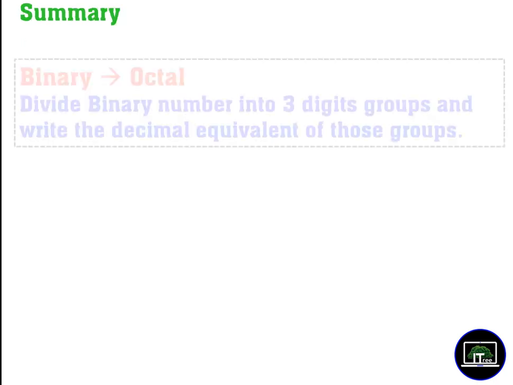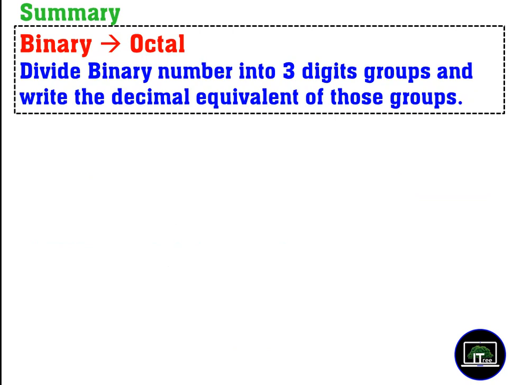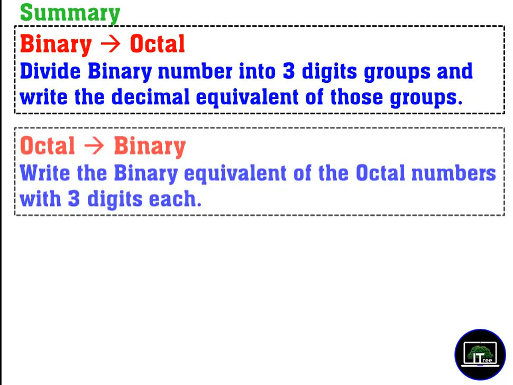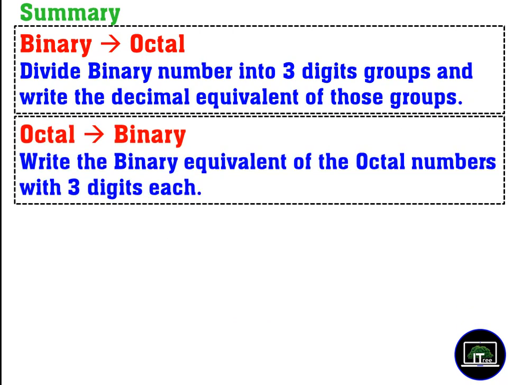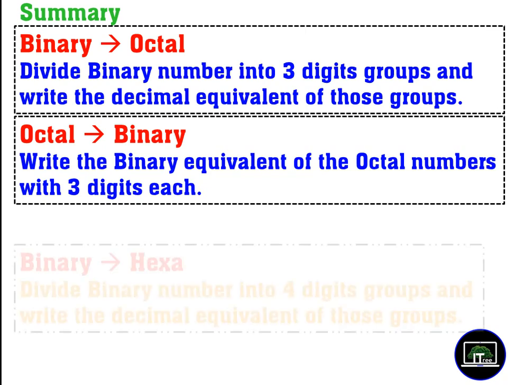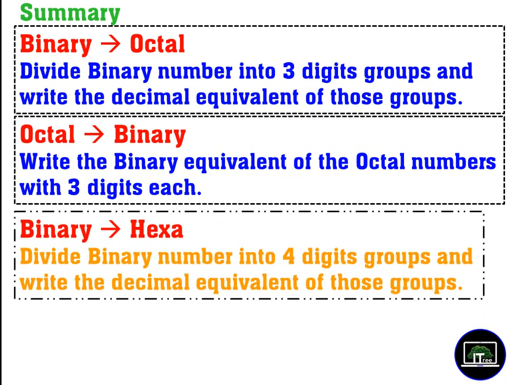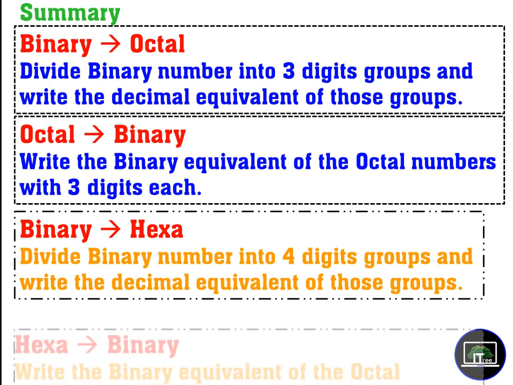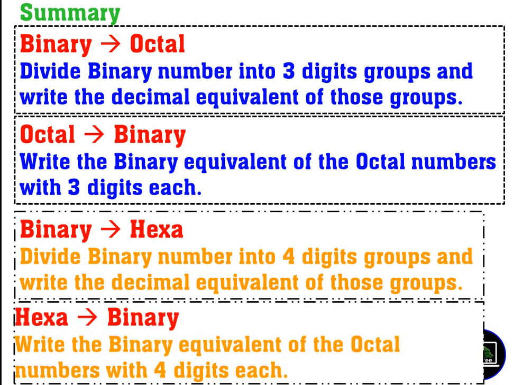Then we have discussed how we can convert a binary number into octal, then how to convert an octal number into binary. Then we discussed how we can convert a binary number into hexa as well as hexa to binary. All those lessons have been published on my YouTube channel. You could watch all these if you are not familiar with them. Those videos will help you to understand all these basic concepts. You need these basic concepts to continue with this lesson.